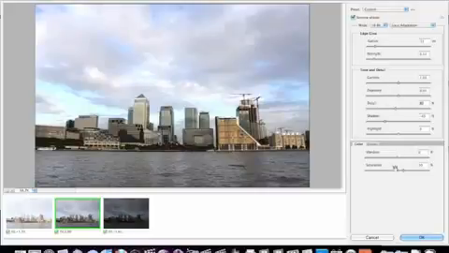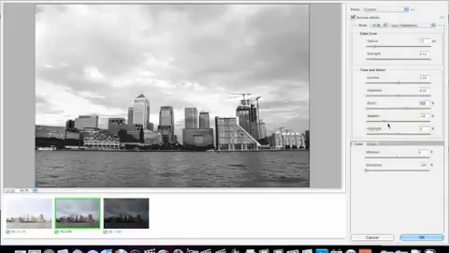Now there's also options to, say for example, drop the saturation right down, and as you can see what we've got now is a bit of a black and white image. What you can then do is pop back up to your detail settings and just boost that up a bit more. You can also do some alterations with your shadows and your highlights, just because there's that much less contrast within the black and white image. Now if we just take that back up again,